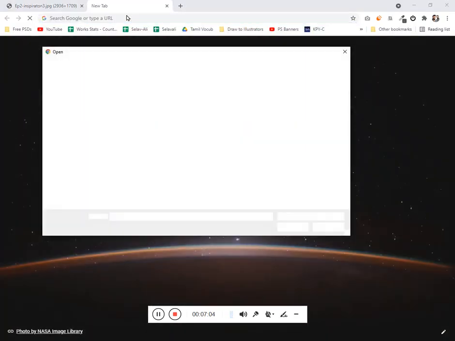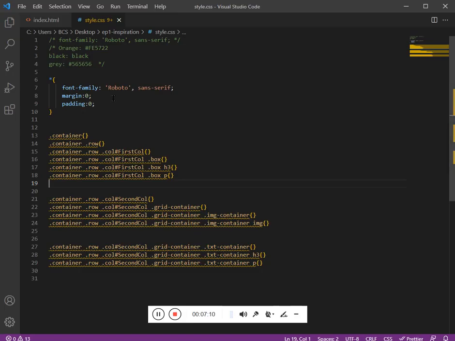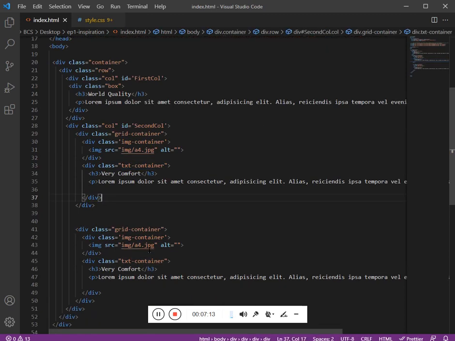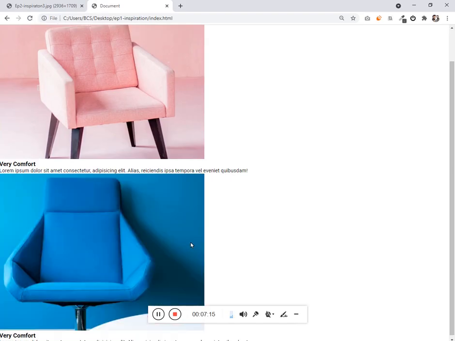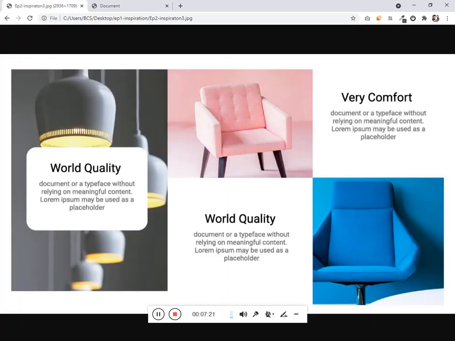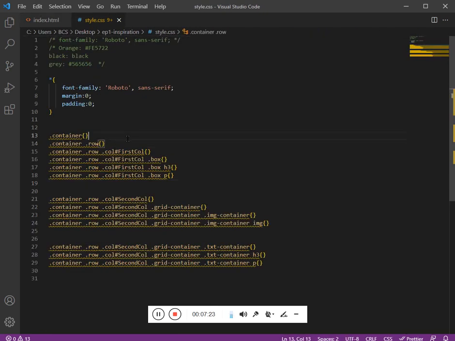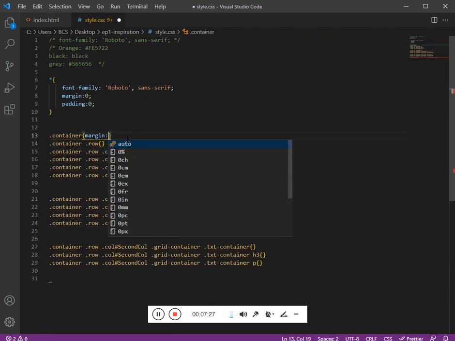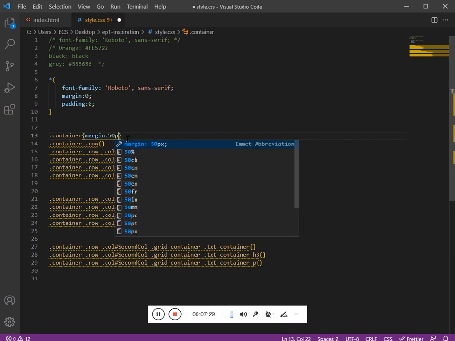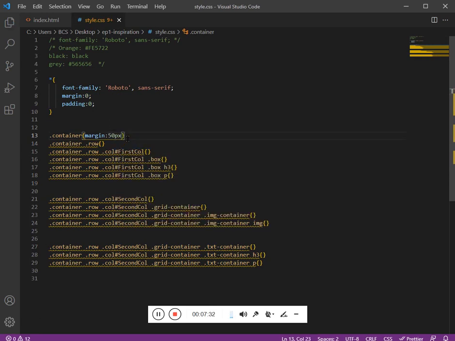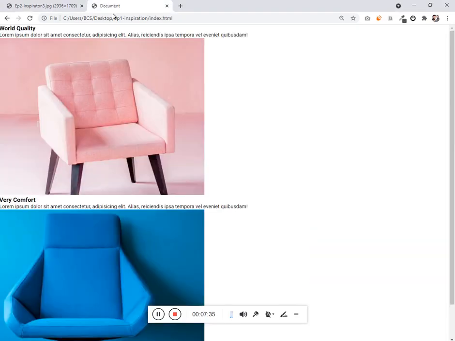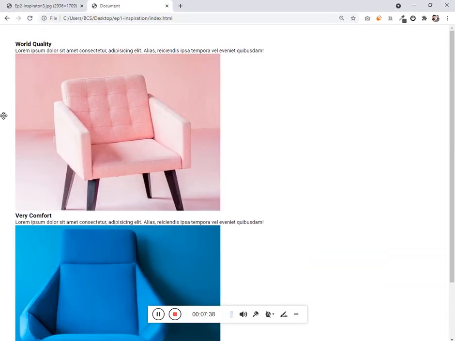Before that let me show you how this looks. This is the HTML page which we are working on. Let me change the image for this. Let it be A5. Refresh. Fine. Now let's work on the container. I want margin on left and right. Margin top and bottom 50 pixel, and left and right 50 pixel. So instead, shorthand for all the sides. If I refresh, margin left, margin top and margin right will be given.